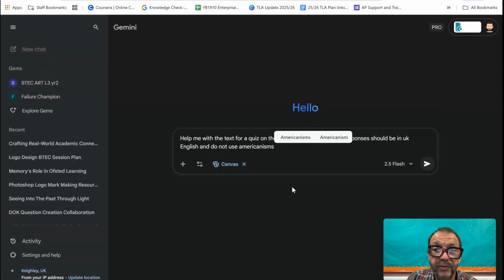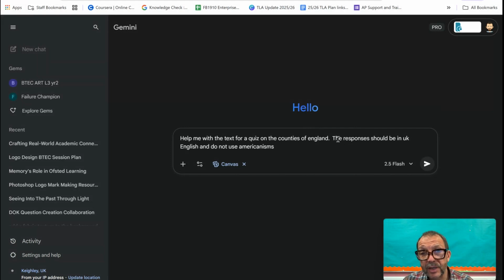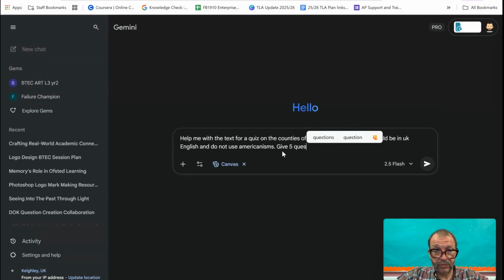Okay, so you've seen what I've written on there. Help me with the text for a quiz on the counties of England, which you've already seen that activity. The response should be in UK English and do not use Americanisms. Okay, so I need to be a little bit more specific. Give me 5 questions and make them for